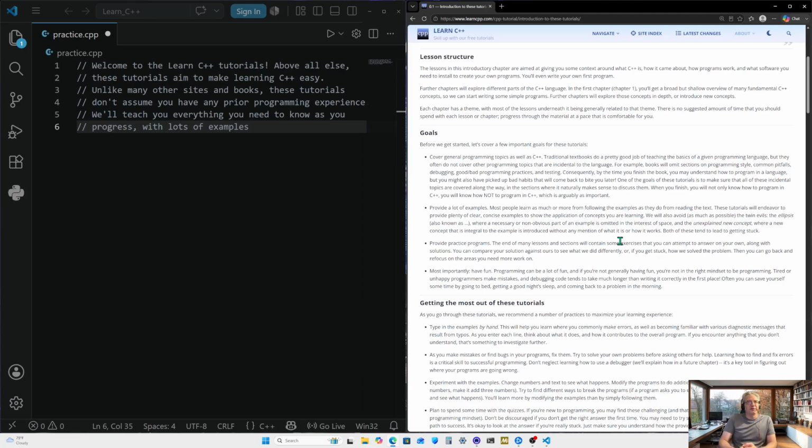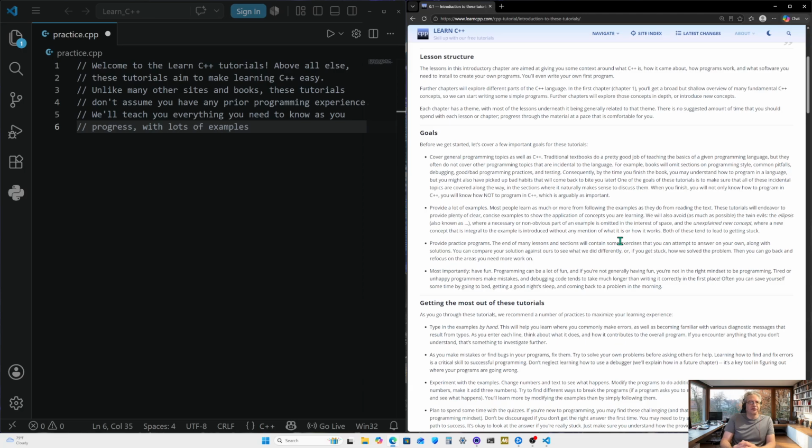Anyways, moving on. Consequently, by the time you finish this book, you may understand how to program in a language, but you may also have picked up bad habits that will come back to bite you later. One of the goals of these tutorials is to make sure that all these incidental topics are covered along the way, in the section where it naturally makes sense to discuss them.